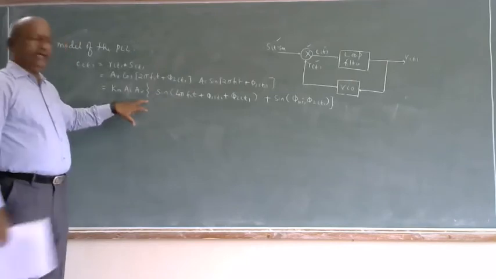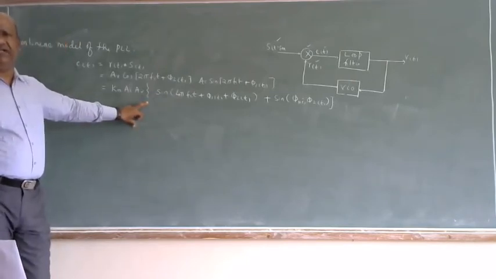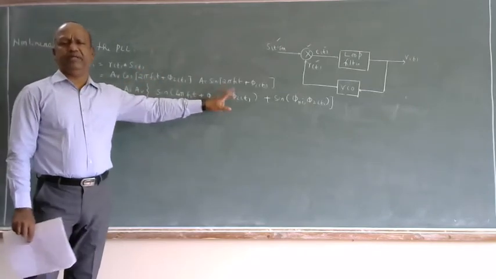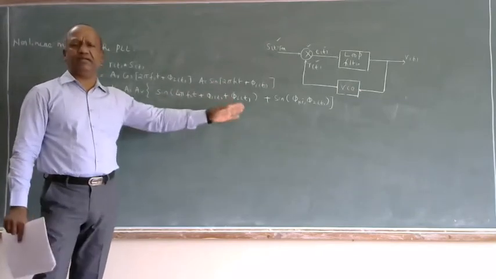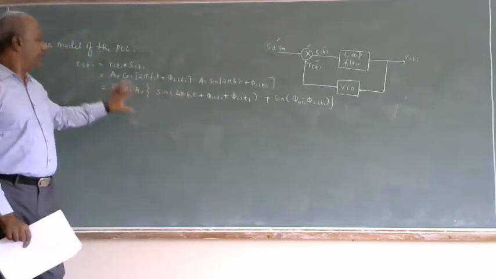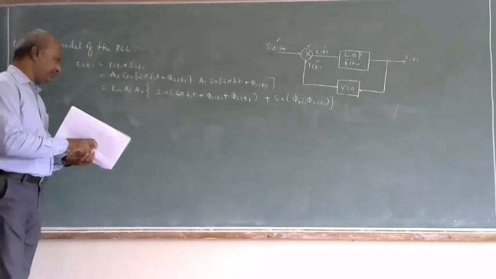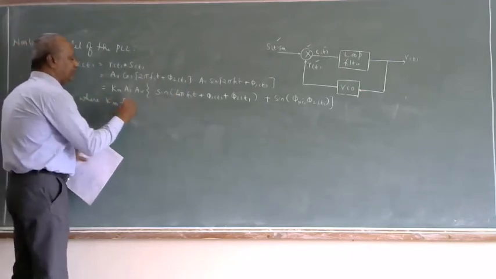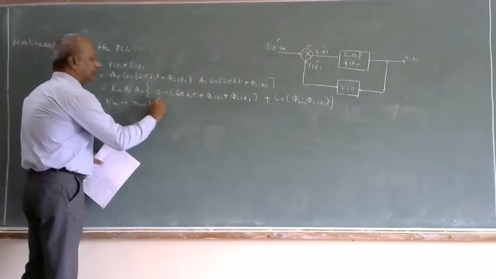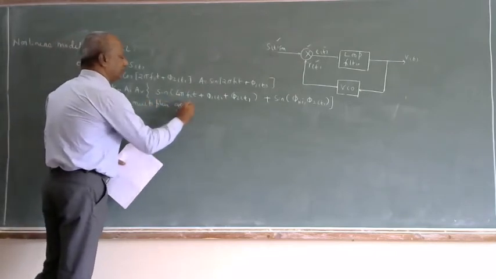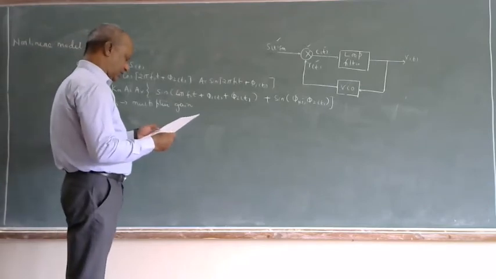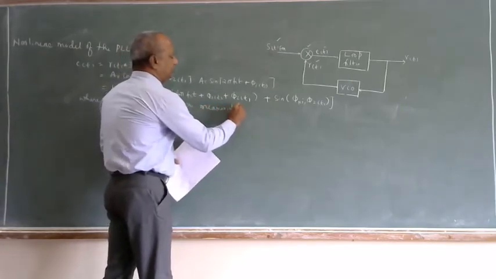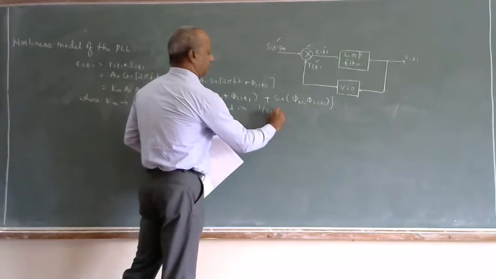So this is the product I am getting at the output of the multiplier. It is R of t into S of t, cos A into sin B, which equals sin of A plus B plus sin of A minus B, and I am getting it with some amplitude, where Km is called the multiplier gain, measured in per volt.